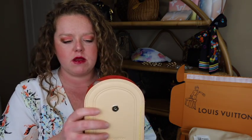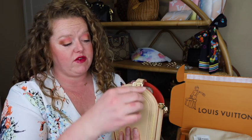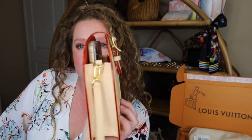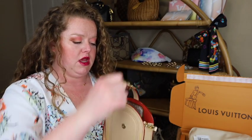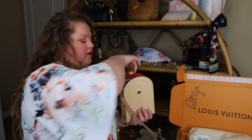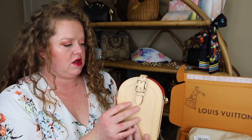Now the one thing I don't like is, as you can see, the phone is kind of visible here because it's so tall. Oh, and then also you can't fill it up that much because then you'd have to loosen the buckle. So now if I do that, I'm pushing it on the side here where it's kind of bent. So that would be a no for the card reader. Maybe the card reader comes out. Well, it's still kind of...